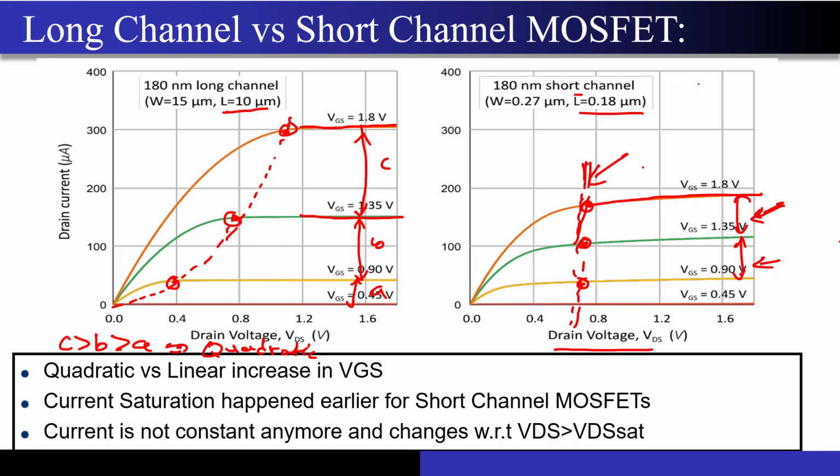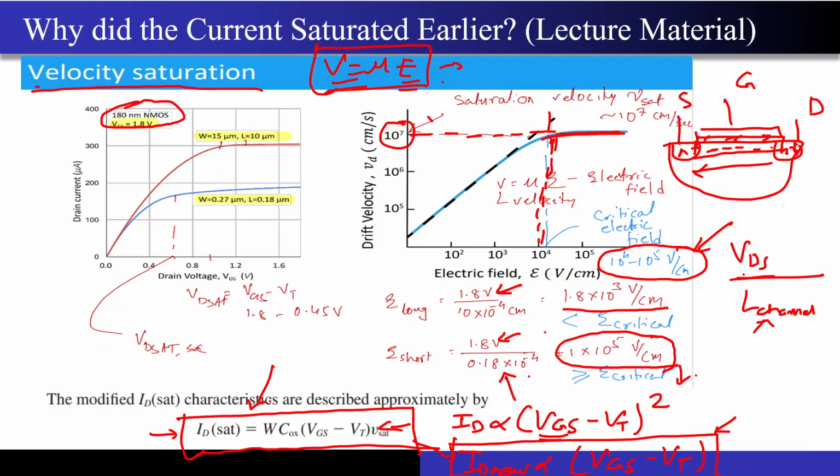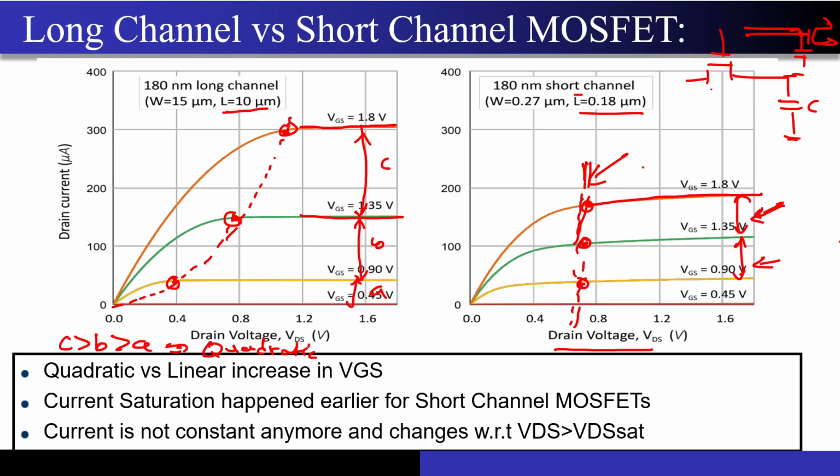Let's say I have a MOSFET and now I want to charge this capacitor. Why is this capacitor coming everywhere? Because when you route it, when you make the connections between two MOSFETs, this MOSFET will see a parasitic capacitance of the routing trace as well as the input capacitance of the next MOSFET. Now if I give the same VGS value, let's say I have two devices, one short channel and one long channel. Case A is the long channel device, and case B is the short channel device.